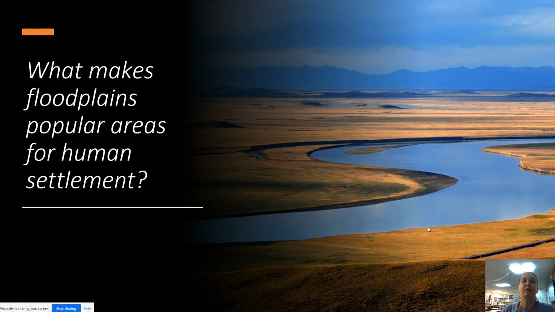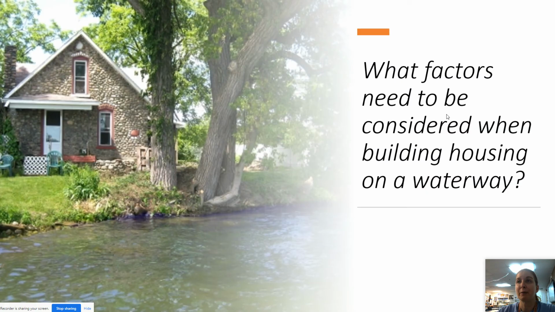So what would make a floodplain a popular area for human settlement? This works so much better when we're doing this in class. So this flat area is super nifty to live on. It's very fertile soil because it gets flooded. So all those sediments go out, all those nutrients. As well as you can build your house right here, and you're very close to the river for transportation. So even though it floods, people tend to settle there anyway.